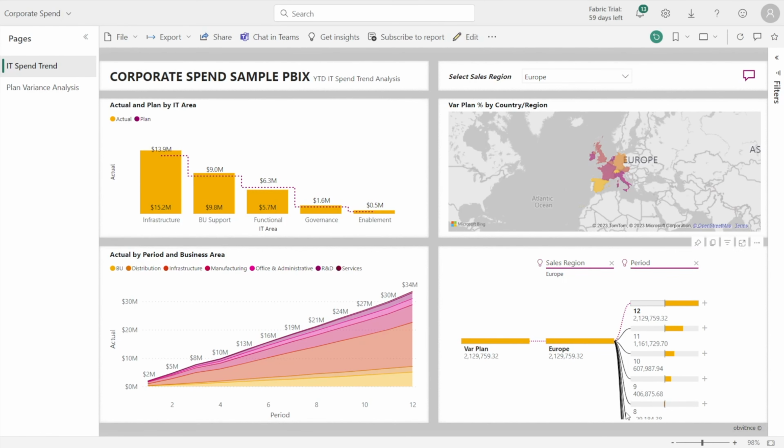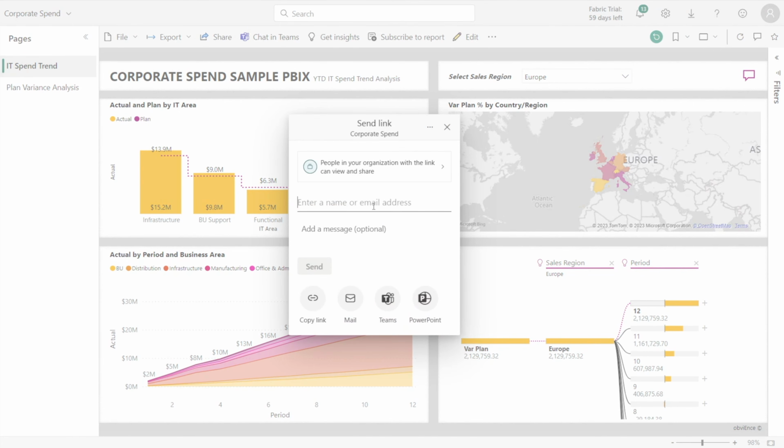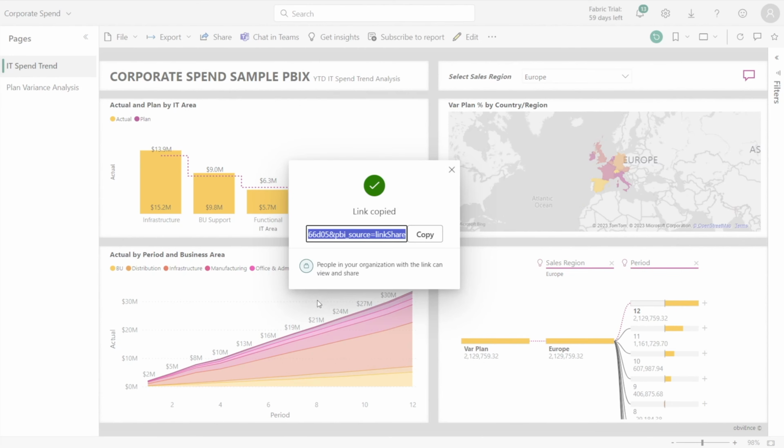Let's say you want to share this report with other people in your organization. All you need to do is click share and then enter their name and email address, and then add a short message in here, hit send, and you're all done. Anyone in your organization with this link that gets the email will be able to click the link and access these reports. Alternatively, you can copy the link